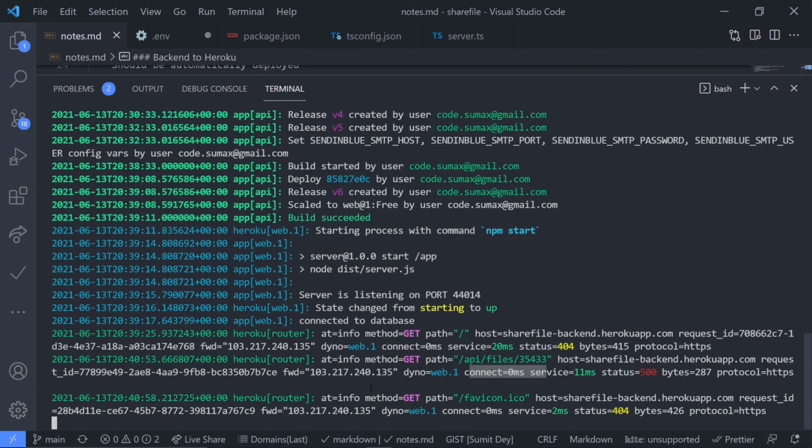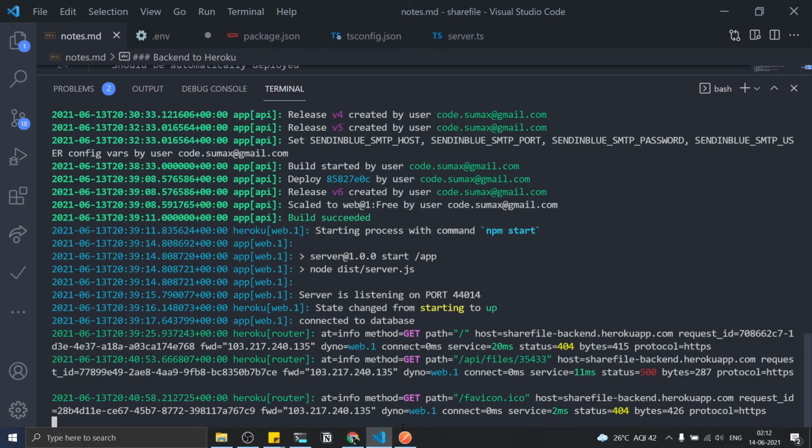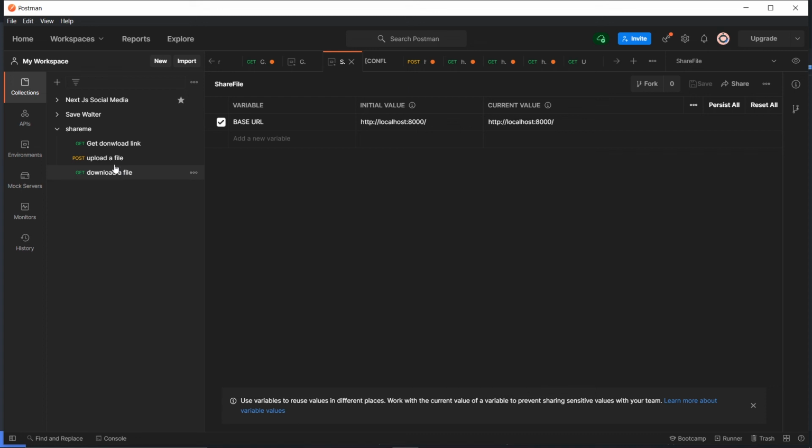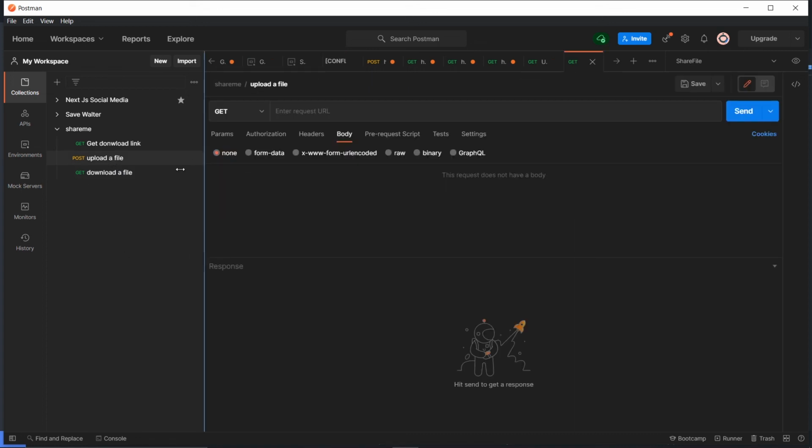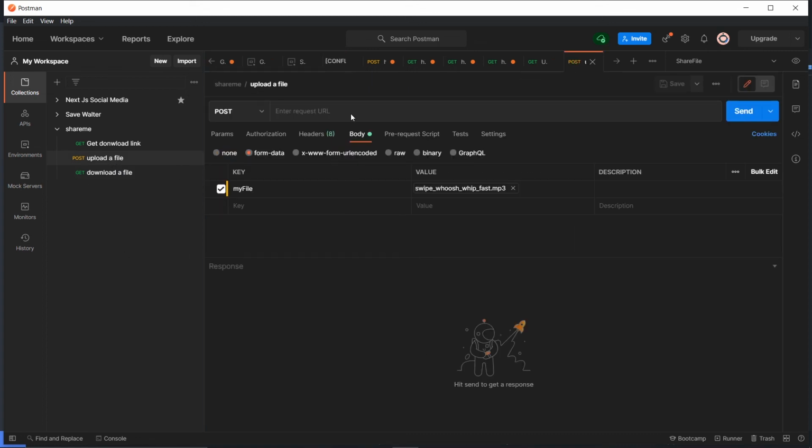Let me just zoom in, fine. And now let me just upload a file and test the endpoints. So let's go to Postman, click on this upload a file of this CRME. I have already configured this. Inside this body I have my file, which is a file, and then it's a post request, but the